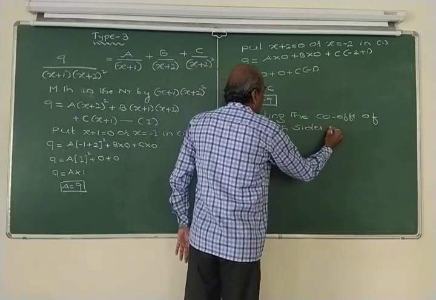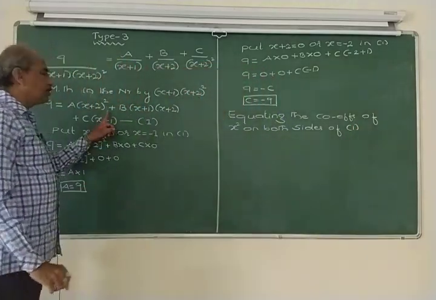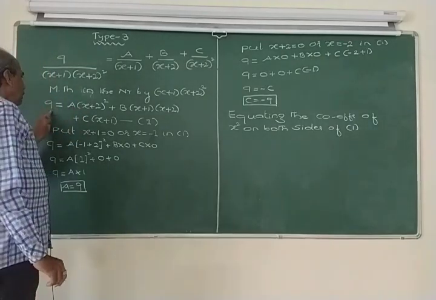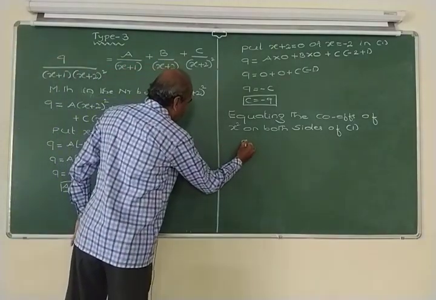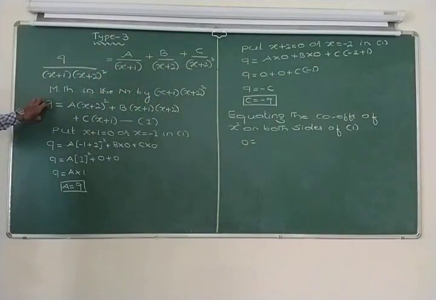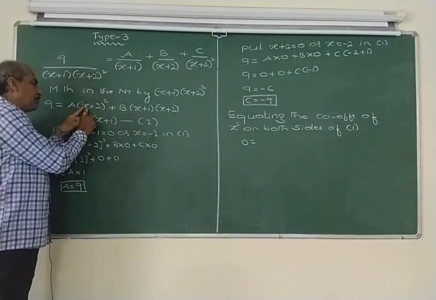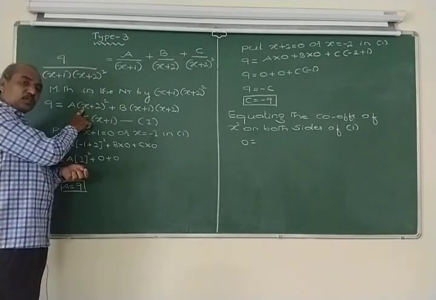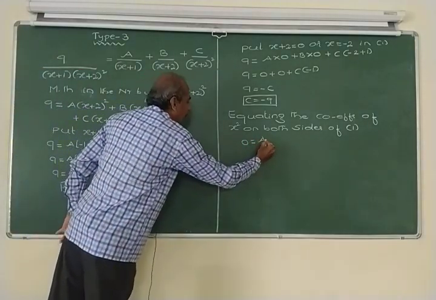of equation 1. Now look at this here. Left hand side you do not have an x square term, therefore the coefficient of x square is 0, because you do not have an x square term. Right hand side you see, when I take the usual expansion by using the formula a plus b the whole square, the very first term will be x square multiplied by a, therefore its coefficient is a.